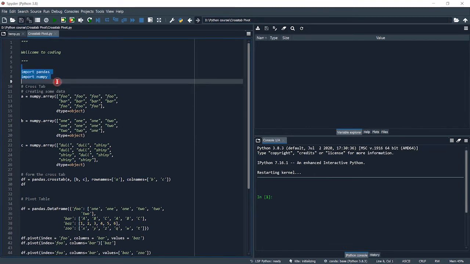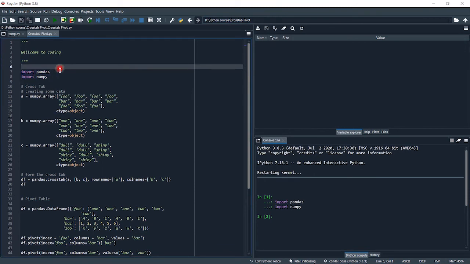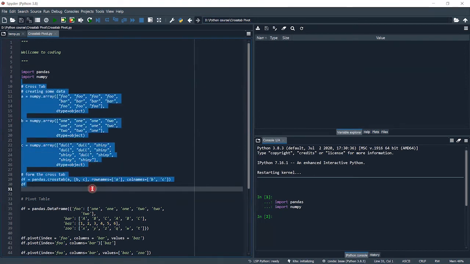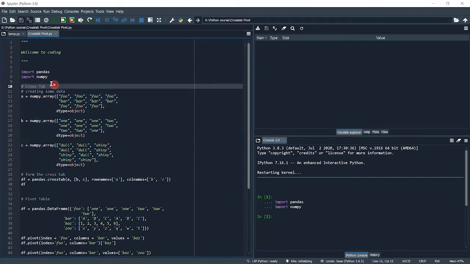Let me import the libraries first: import pandas and import numpy. After that, all this coding is for cross tab. First, I want to make a data frame for our cross tab.